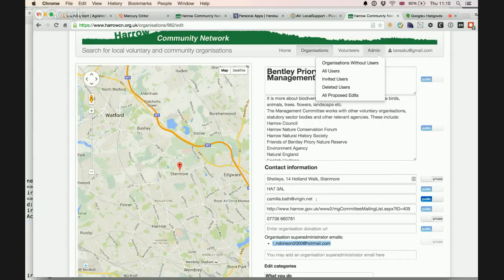I suspect it would have just gone to the contact here. Okay. But I think my understanding of it is that going through the organizing without users and doing the invite there, what that does is it pre-creates, I mean, it actually creates the user. It creates a user entity in the system for that, and sends the thing to the user, and then it ensures that this user is linked to this organization.